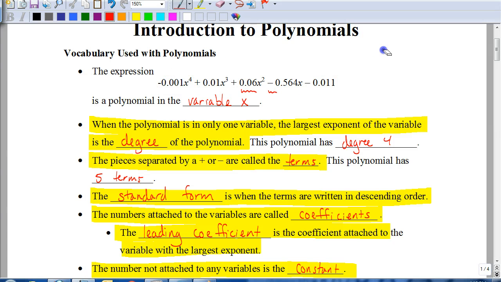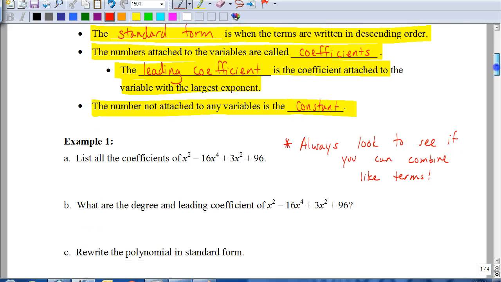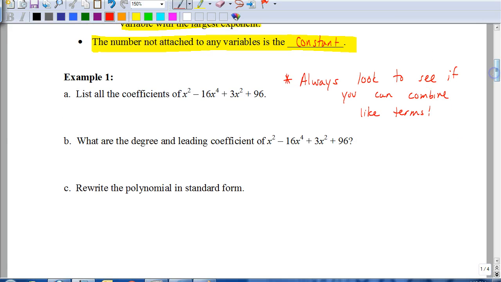So those are just some basics. You need to make sure you understand this idea of a constant, a leading coefficient. You need to know that standard form is when it's written from the largest exponent to the smallest or no exponent at all. You need to know the number of terms. All of this is important. You'll be asked this in your assignment. So for example,